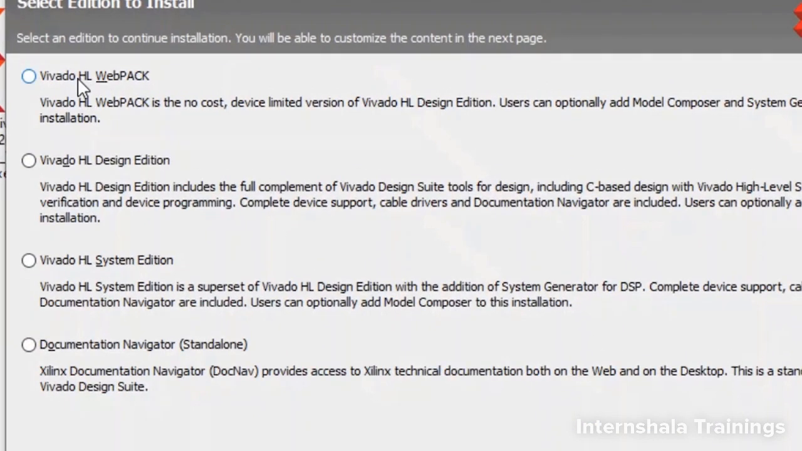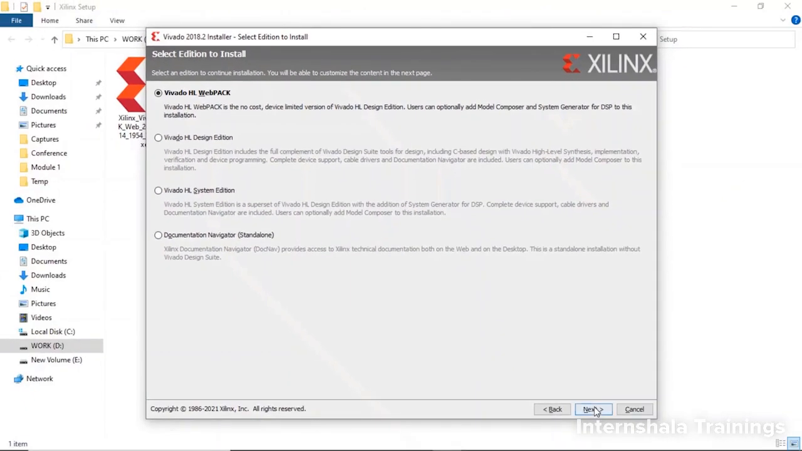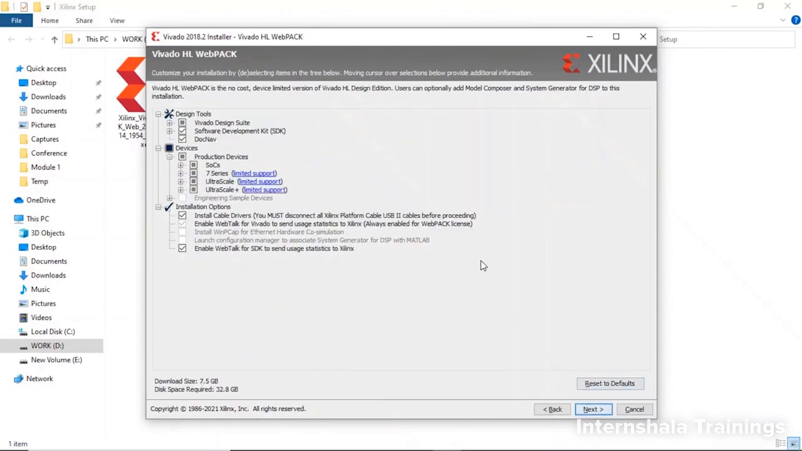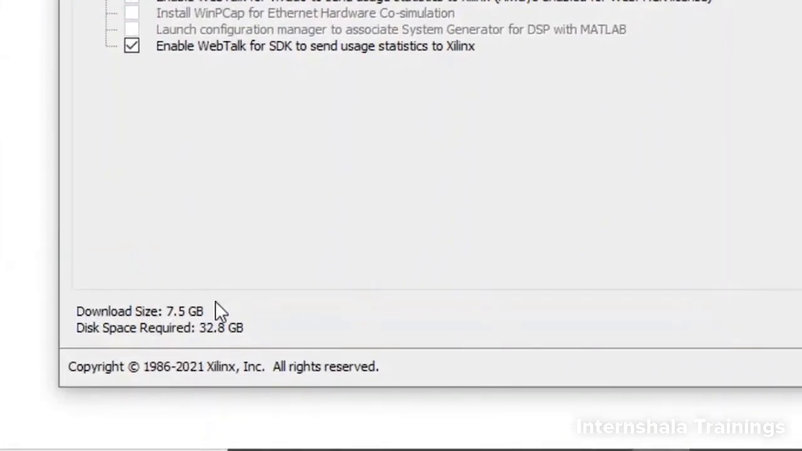Here you have to select Webpack. Webpack is the one where you don't have to fill in any license. You don't need to pay anything. But if you select Design Edition or System Edition or anything else, then you need the license, you need to pay. Once you select the Webpack, we go to next, and you can see it is going to download 7.5 GB,